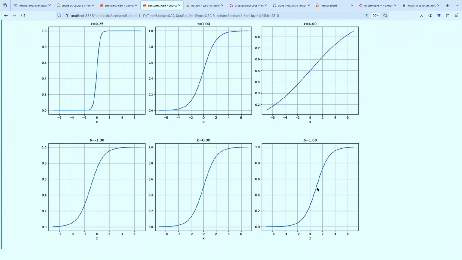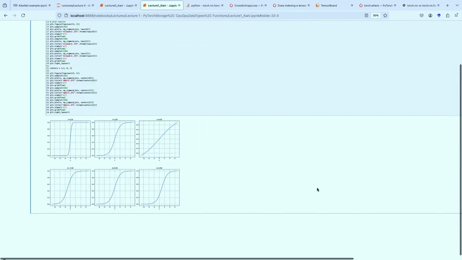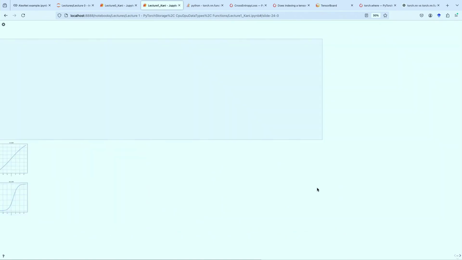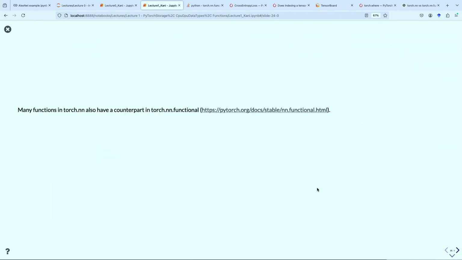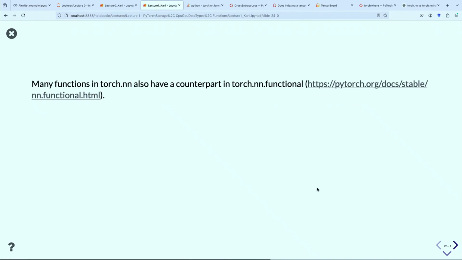Okay, makes sense, right? So that's actually the more generalized version of the sigmoid function that a lot of people use. But anyway, yeah, so that's the sigmoid function. So the sigmoid, there we go. Okay, so we could go. So many